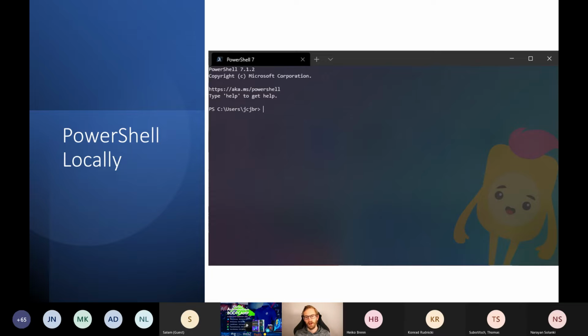One of the things that you need to be aware of is that there are, of course, different versions of PowerShell. In this case, I'm running PowerShell 7.12, which currently is the most up-to-date stable version.